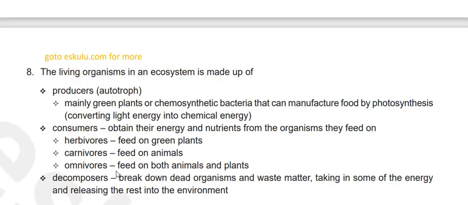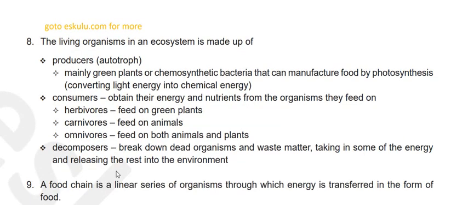Number 8, the living organisms in an ecosystem are made up of, number 1, the producers, which are known as the autotrophs, mainly green plants or chemosynthetic bacteria that can manufacture food by photosynthesis, which is converting light energy into chemical energy. Under the ecosystem, we also find the consumers,